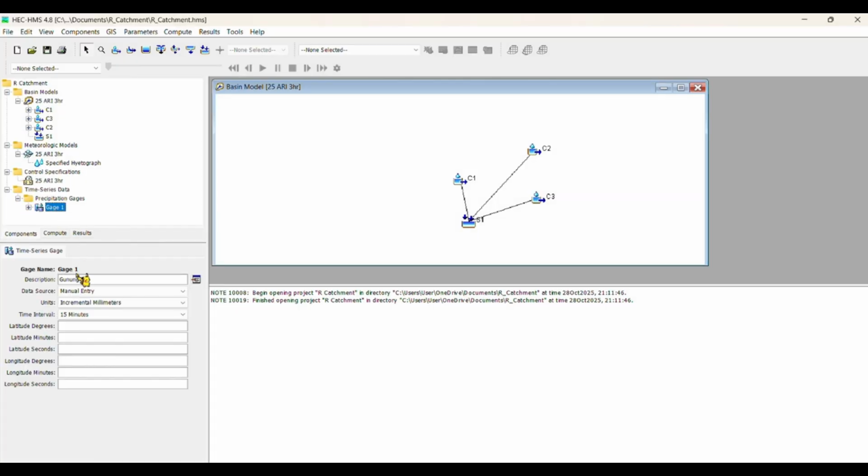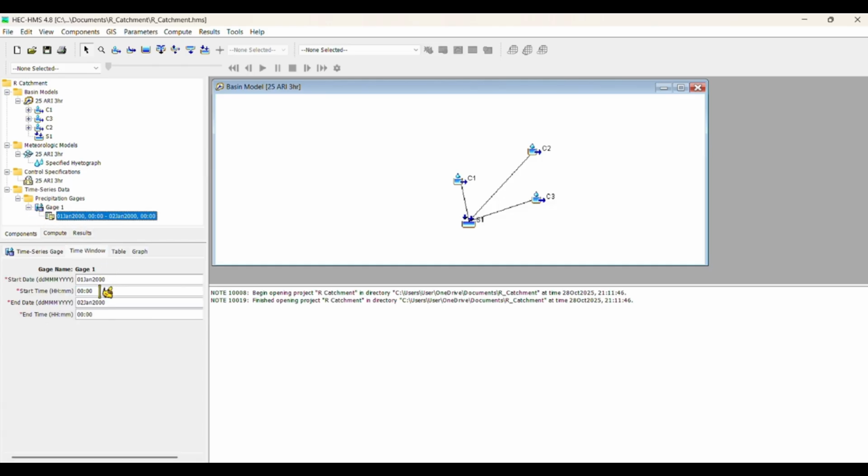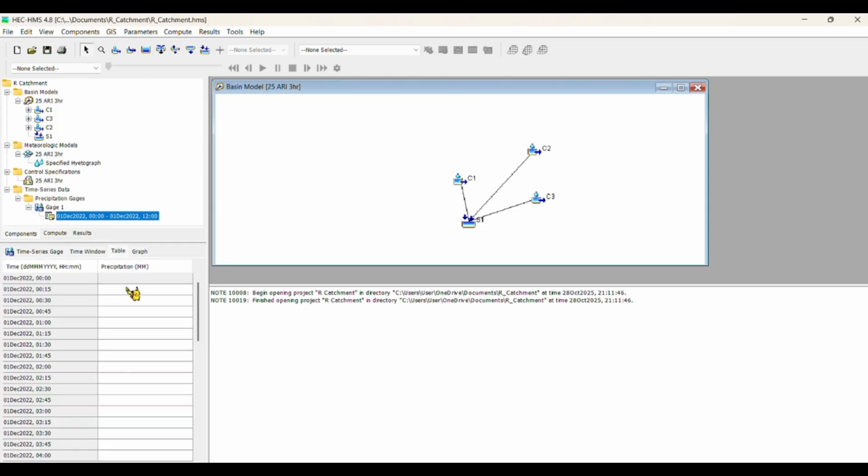First, we go to time series data, gauge 1, time interval 15 minutes, and we change start date 1 December 2022 and end date 1 December 2022. And end time 12, we go to table, precipitation,